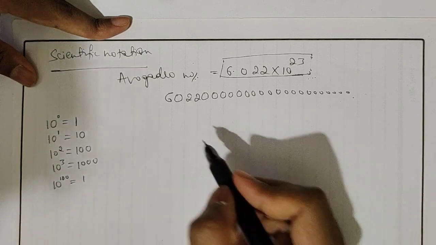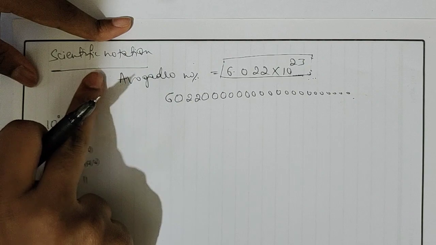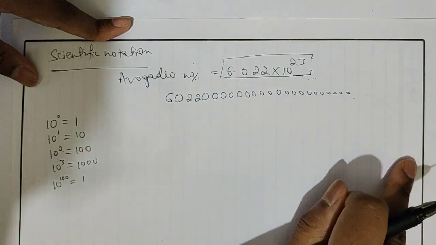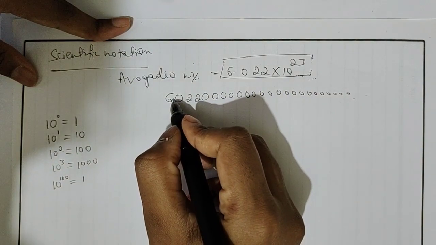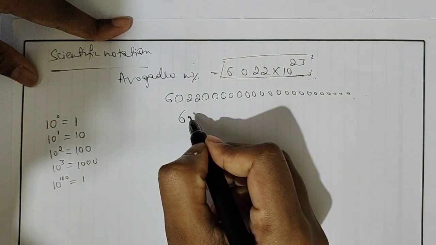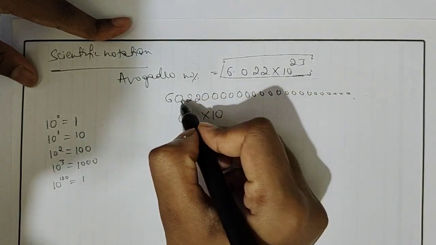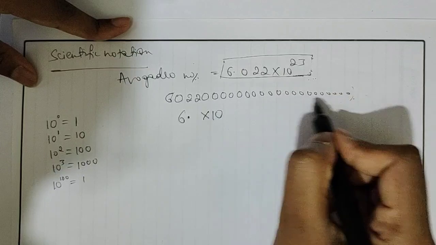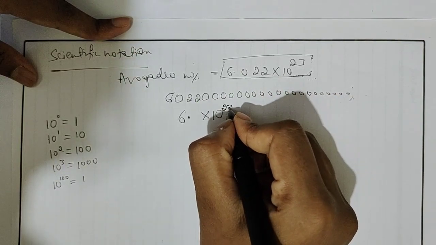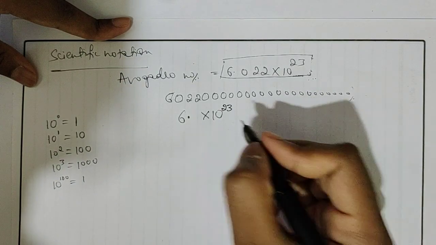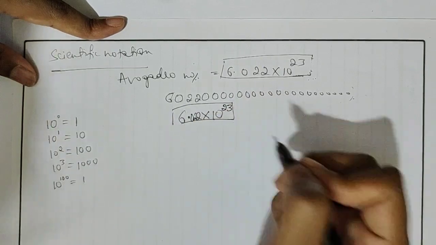Now how to remember this one? Let me take, as I told, what is the definition? The better way of expressing a large or a small number in the form of decimal. It is easy, right? So here let me put a decimal after 6. If I put it after 6, how many digits do we have after this 6? As I told, 20 zeros, 20 plus this 0 and 2 means 23, right? So we have 23. This is what we can write in a decimal form.